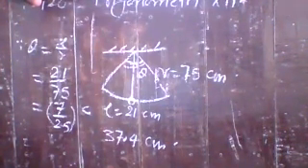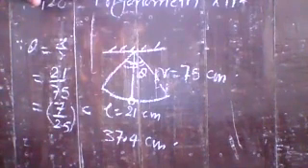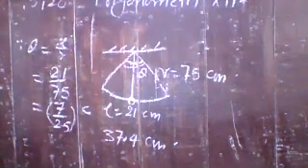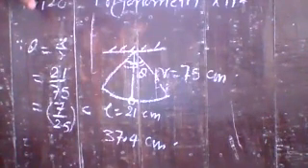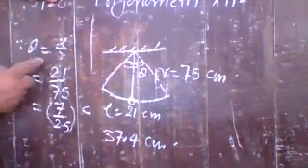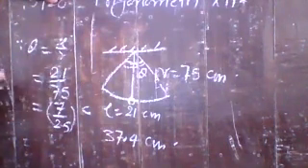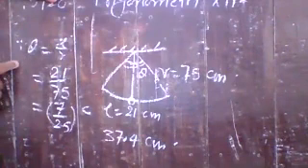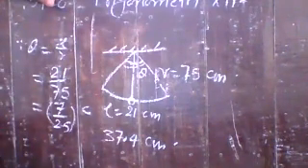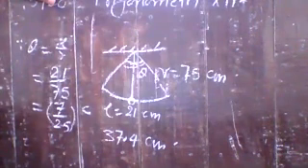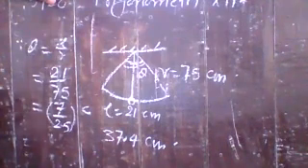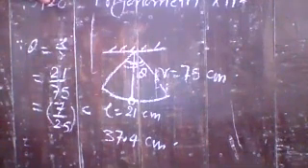Use pi is equal to 22 by 7. Here you have to find the radius of the circle. The length of the arc is given. The angle theta is given, but that theta is given as 60 degree. So what do you do in that case? The formula theta is equal to L upon R is applicable whenever theta is in radian. But here the given angle is in degree. So first of all, you have to convert that given theta into radian. Understand? Then apply that formula and try to find the value of R. Okay? Yes, and tell the answer quickly.